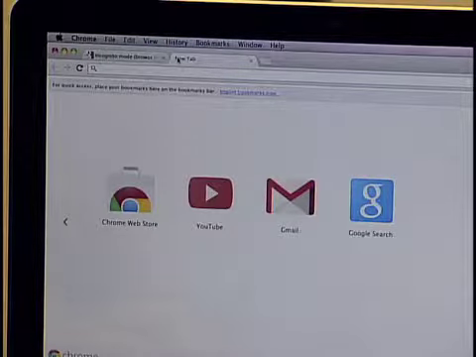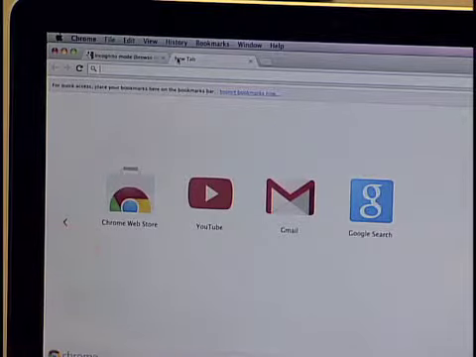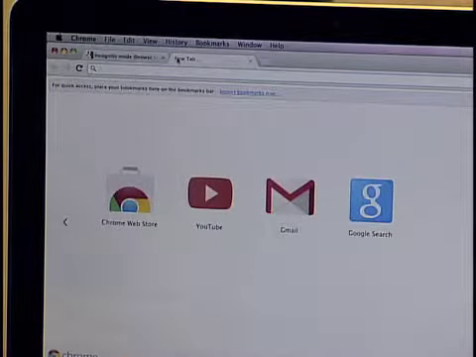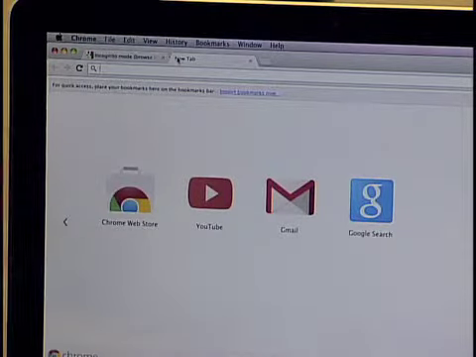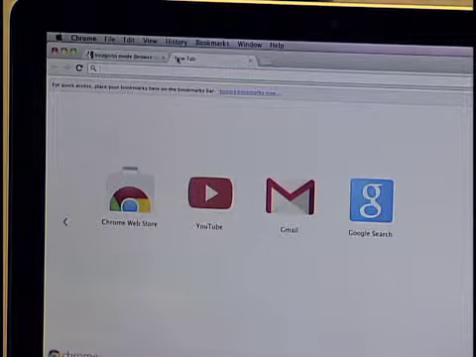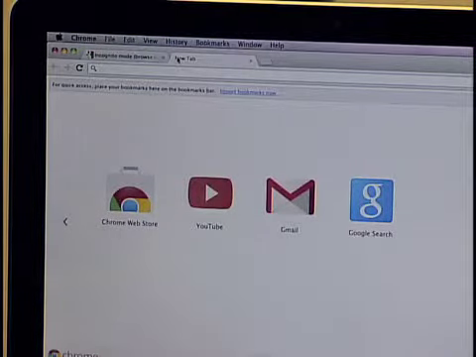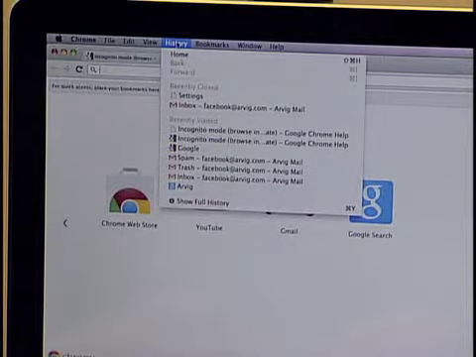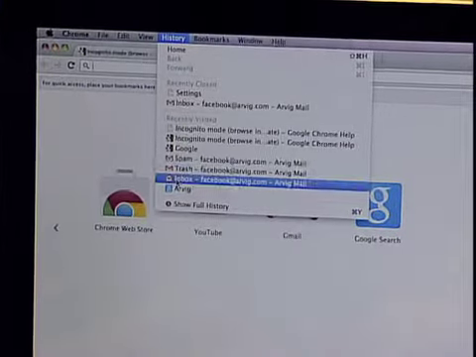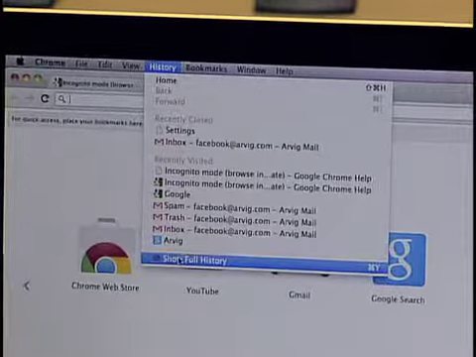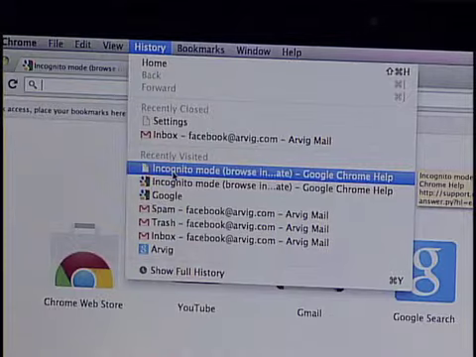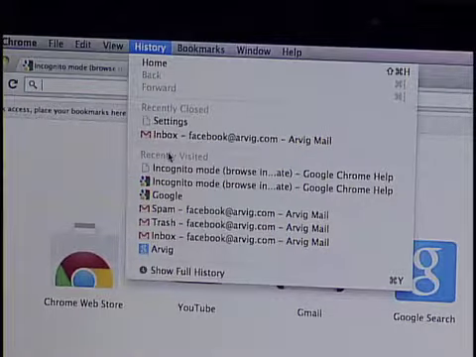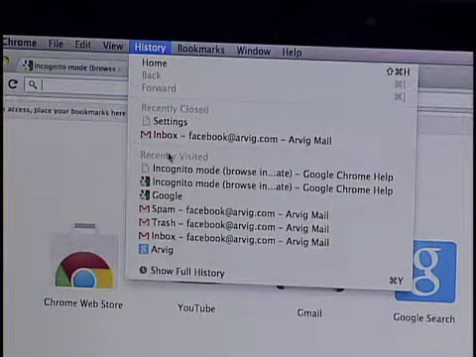The first thing I'm going to talk about is your browser history. It's important to know that if you're trying to monitor what your kids do, what web pages they go to, the history is going to really help you do that. Now, nothing beats you actually standing behind your kid or actually browsing the internet with them. But if each night you want to check their history to see what web pages they went to, you'll find most browsers have a history feature. And as you can see, this shows me the past 10 pages I've been to, and I can also click Show Full History and it'll show me the past week or two or month or however often it's been cleared out. That's great. It gives me a basic idea,